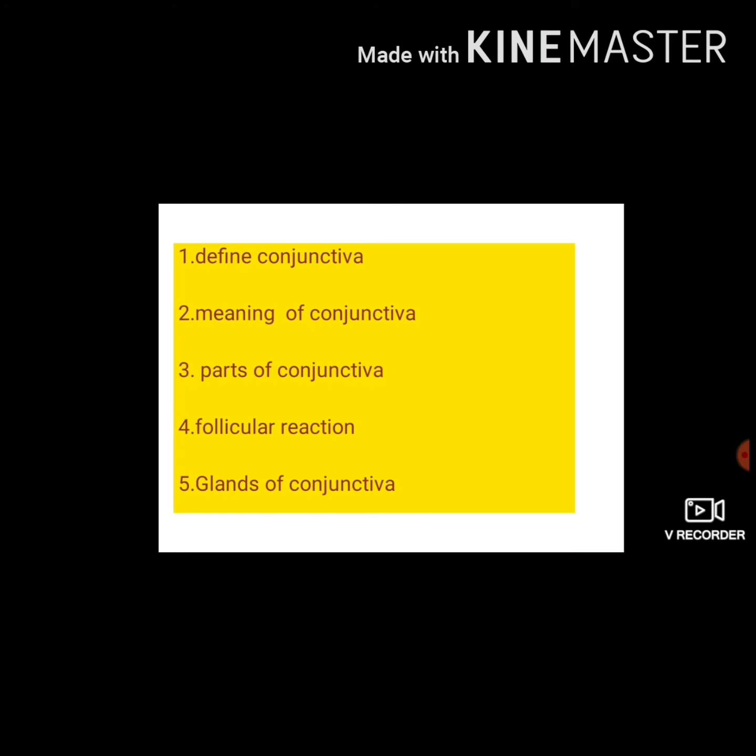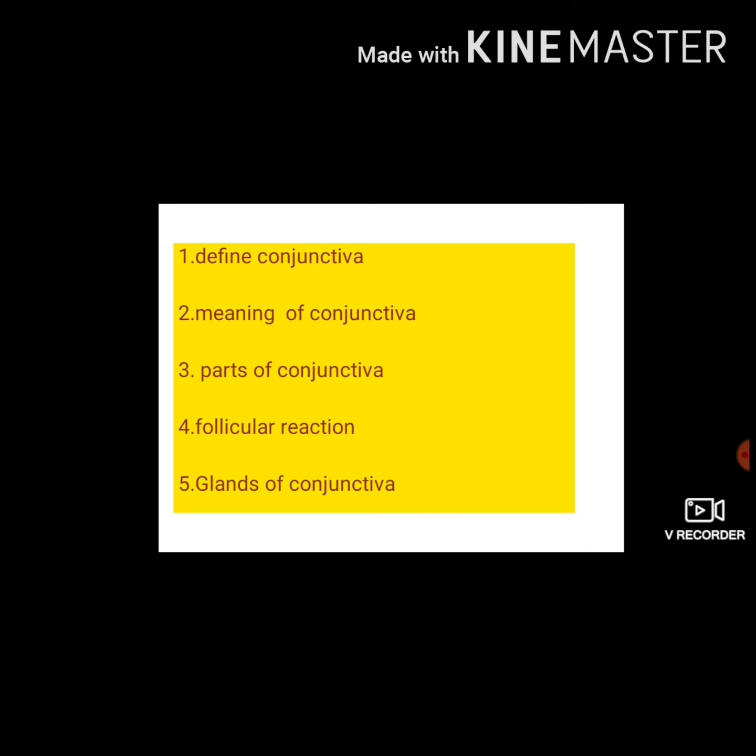So now we will move on to the Viva questions. In Viva again, they can ask it as define conjunctiva. It is a translucent mucous membrane which lines posterior surface of the eyelids and the anterior surface of the sclera. Then they can ask the meaning of conjunctiva. It is nothing but conjoin, means to join the lids and the eyeball. The parts of conjunctiva I have explained already. Then the follicular reaction, they usually ask whether a child will develop a follicular reaction following conjunctivitis. The answer is no. Till 3 to 4 months of the age, the child will not develop follicular reaction.